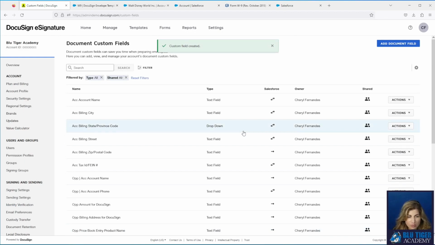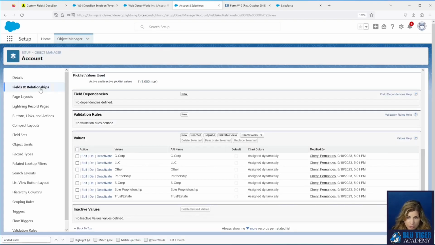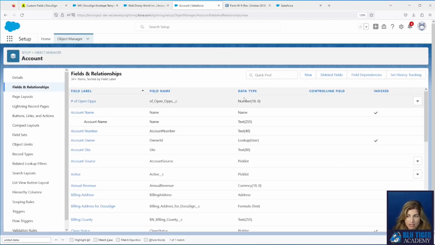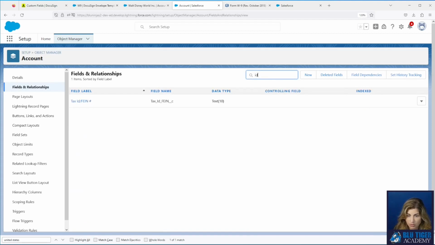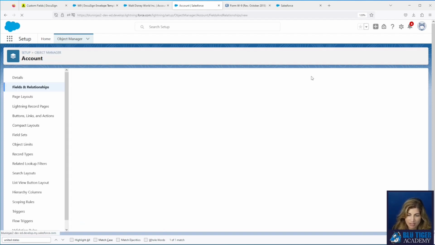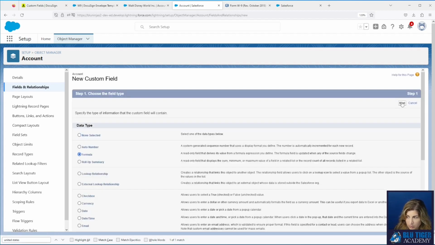Now we also need to create a field for our account ID. So this is going to allow us to write data back using the DocuSign Connect settings. In order to use that, you have to have a custom field that is generating the ID for you. So if you have already a case safe ID on your account record, usually that's one of the things that often gets created. You can use that. We do not have one, so we're going to create one here.